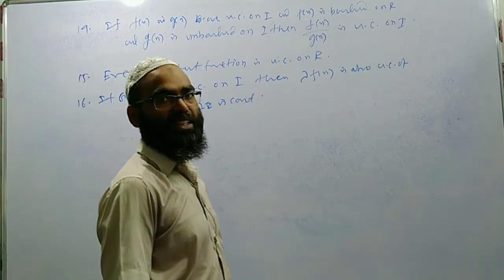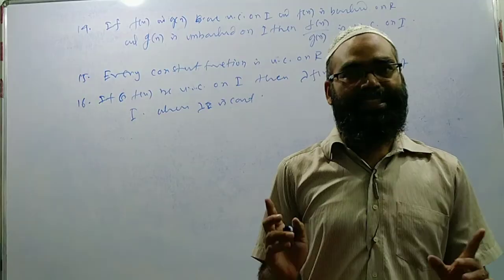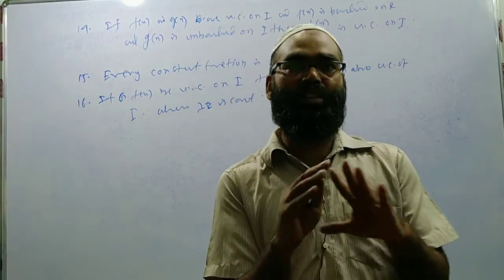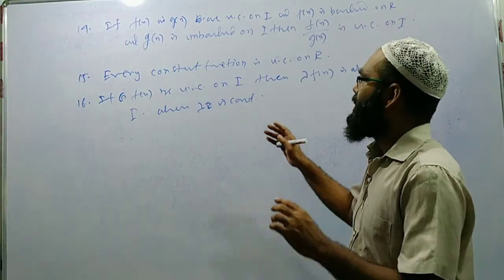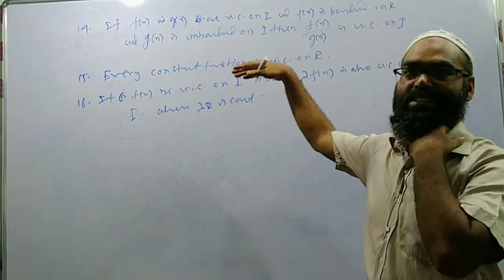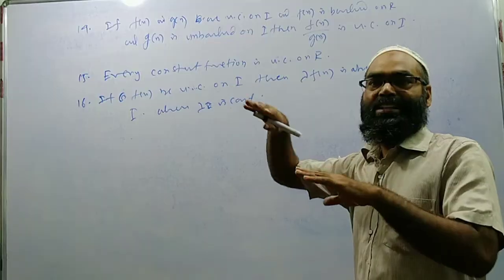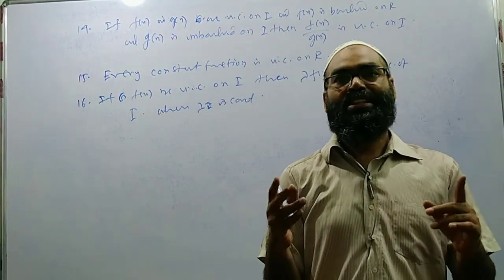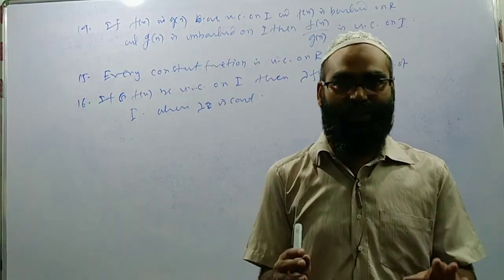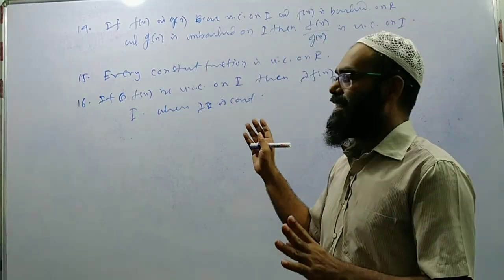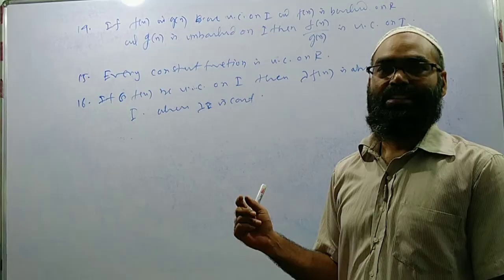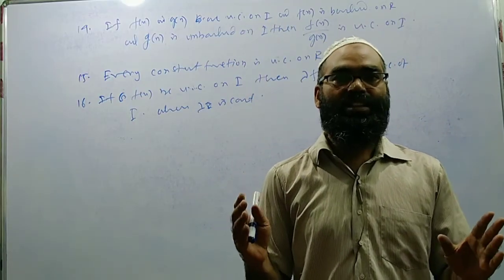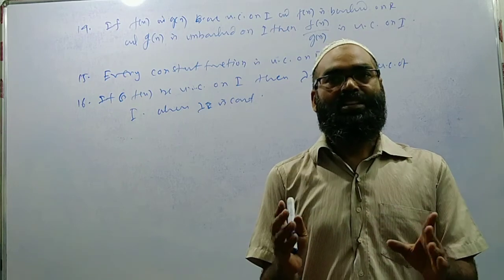So these are the techniques for testing whether a function f(x) is uniformly continuous or not. If we memorize these techniques, then in problems for testing whether a function is uniformly continuous or not, it can be easily verified. In the next lecture we shall only discuss problems relating to uniform continuity.